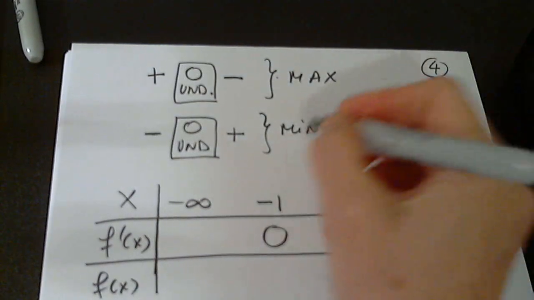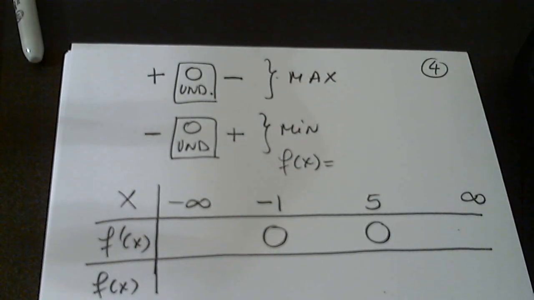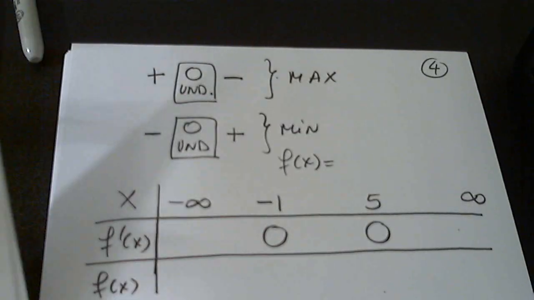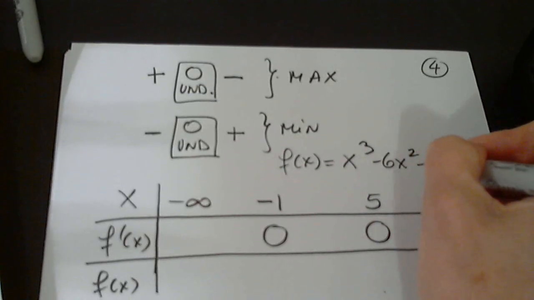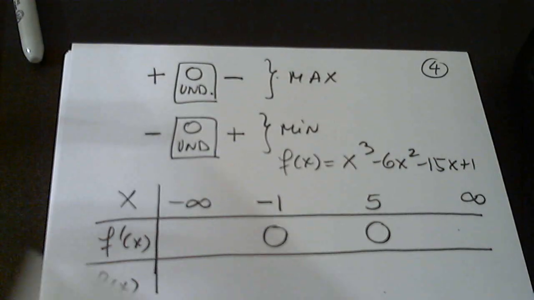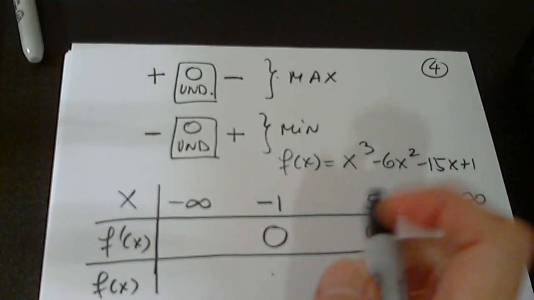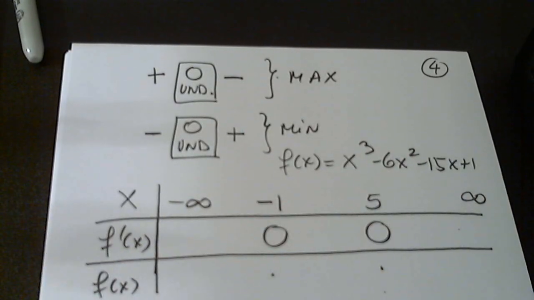I'm going to copy the function here so I don't have to go back to those pages again. So where's my function? My function is this, x to the third minus 6x squared minus 15x plus 1. We are going to plug in -1 and 5 to see the function value at the critical numbers. You know exactly what I'm going to do, so let me